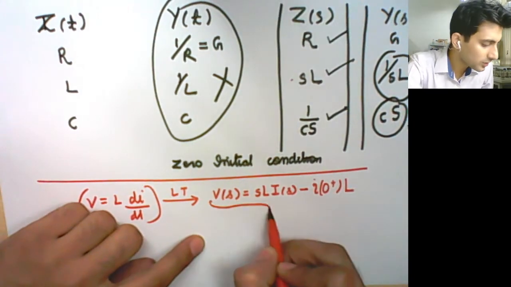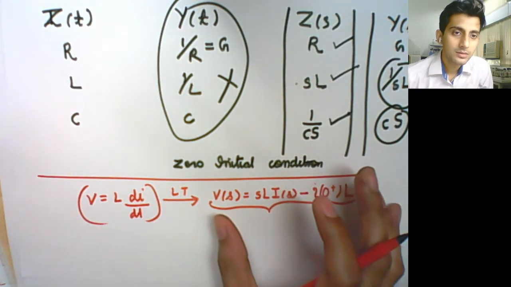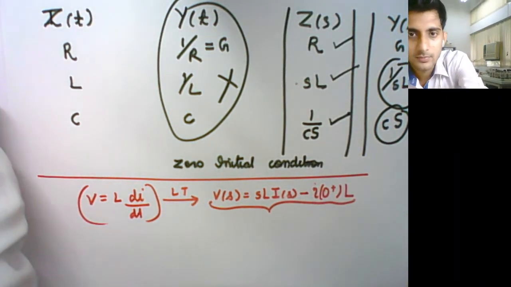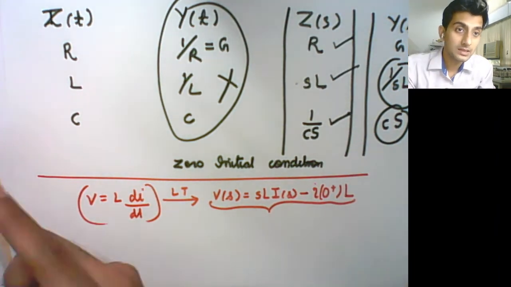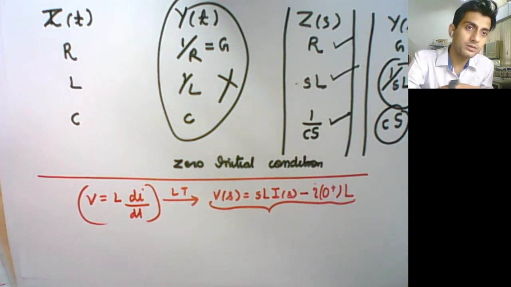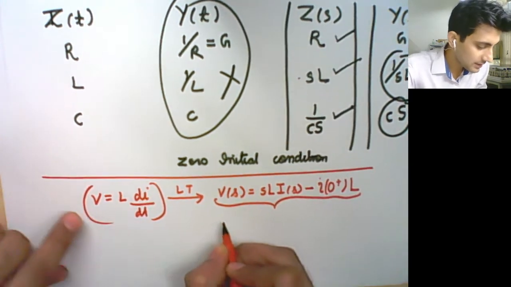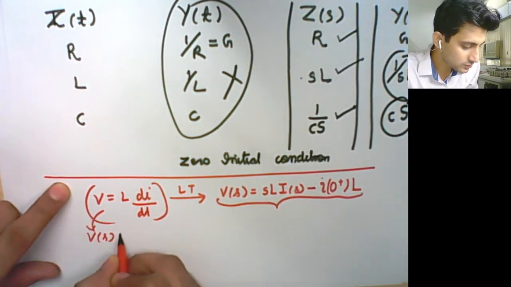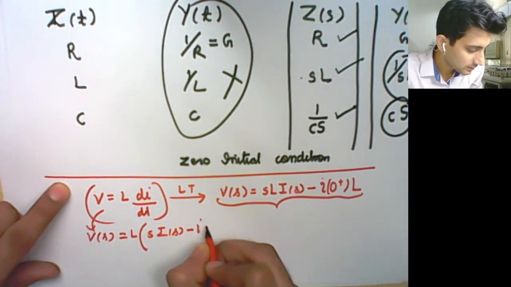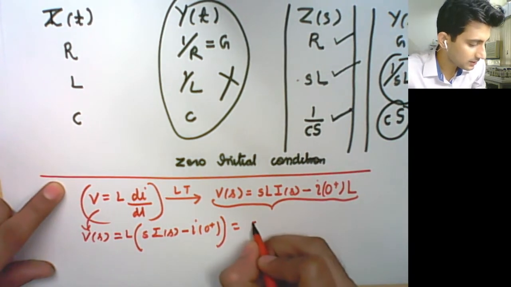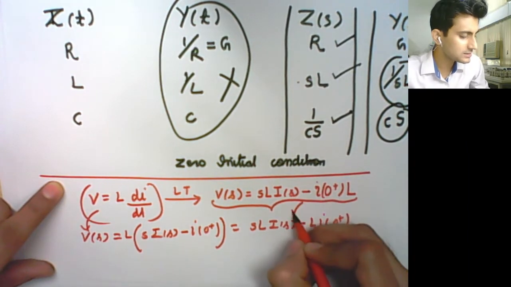Where did this come from? What we discussed a little while ago. Do you all agree to this? You have told I0 plus is not necessarily equal to zero. Yes. Now I am saying that in this particular condition, we are assuming I0 may not be equal to 0. So what actually happens is, taking the transform, V becomes Vs, and L times di by dt transforms to L times SIs minus I0 plus. That is what we have written here. It is nothing but LS Is minus L times I0 plus.